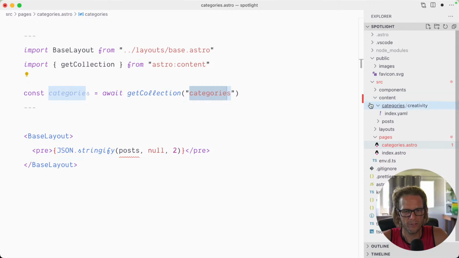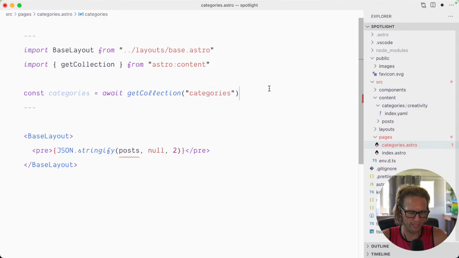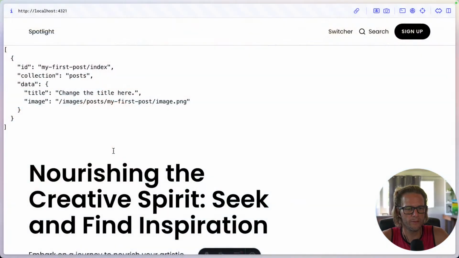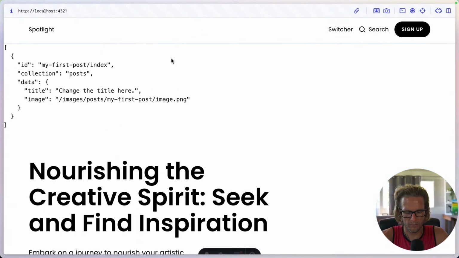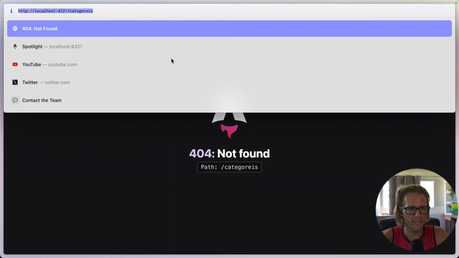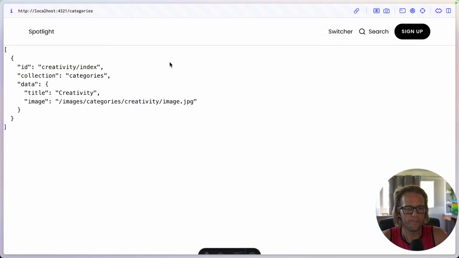That's an Astro convention. And then you can pass a config file to have lots of benefits with TypeScript. So now, in the categories page, instead of just doing this,